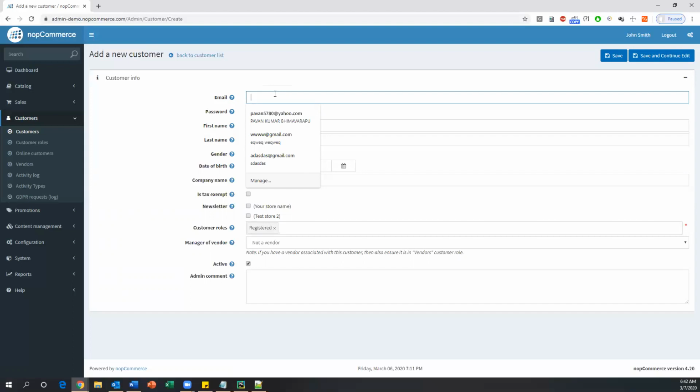But sometimes some data we need to generate randomly at runtime. For example, let's say the email ID. Every time you create a new customer, I need to provide a different email ID, and I cannot use the same email ID for every customer. If I hard code this email ID in your automation test case, every time you run your test case, it will try to take the same email ID, and this will fail. Your test case will fail because the email ID will already be assigned to some other customer. So when you run your test case every time through your automation script, you have to generate a new email ID. So that's one more important thing.